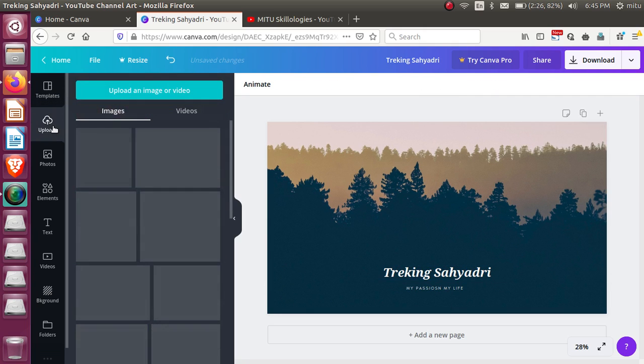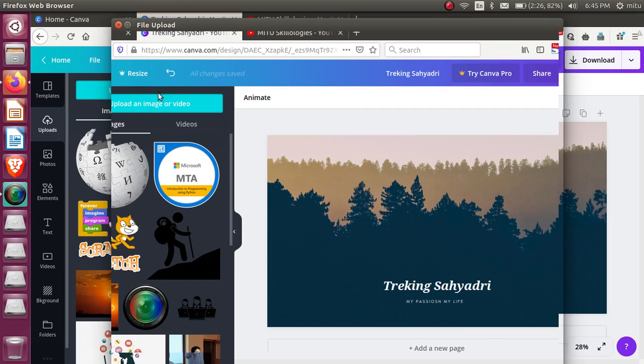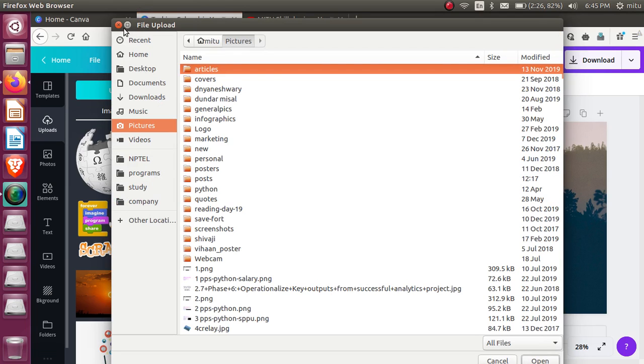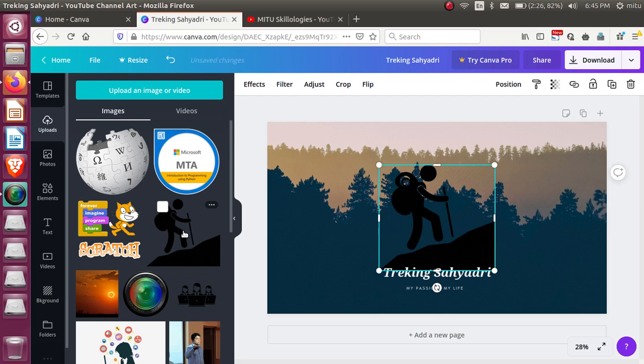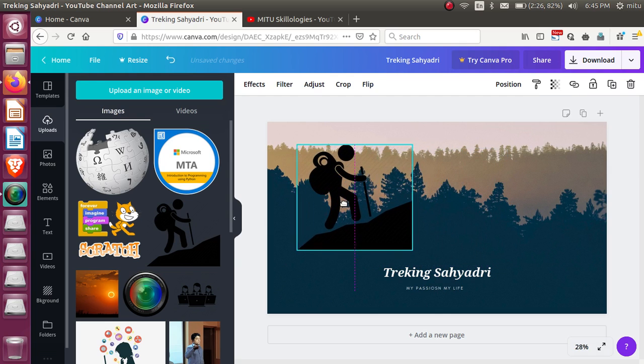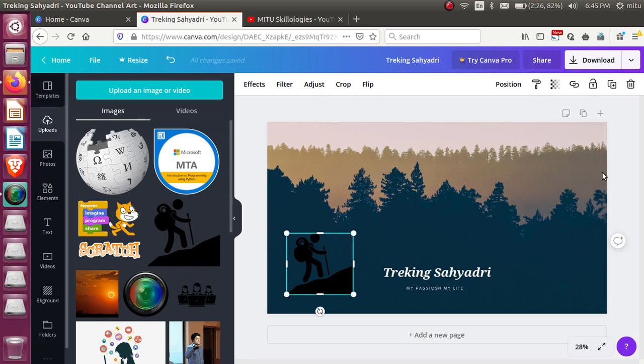If I want to add something, like some images, I uploaded it. So you can upload an image from here. If I click on that, I can upload any kind of image that you want to add here. For example, I have uploaded this particular image. When I click on that, see, it's available here. So you can just make use of it anywhere, like this. It's very easy to work with.